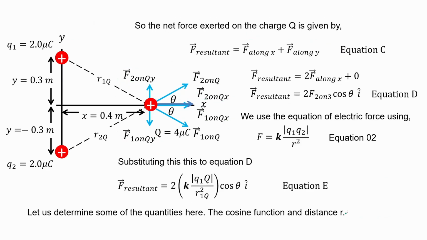So the net force exerted on the charge Q is given by C, and simplifying it we have equation D. Applying the equation of electric force and substituting this back we have equation E. Let us determine some of the quantities here. The cosine function and distance are